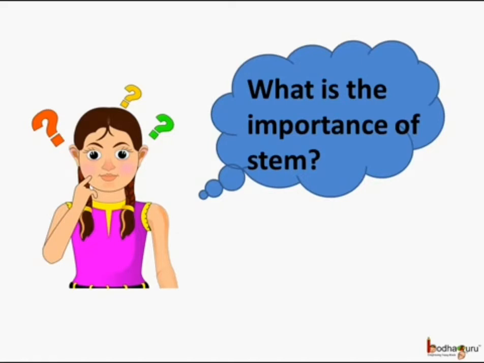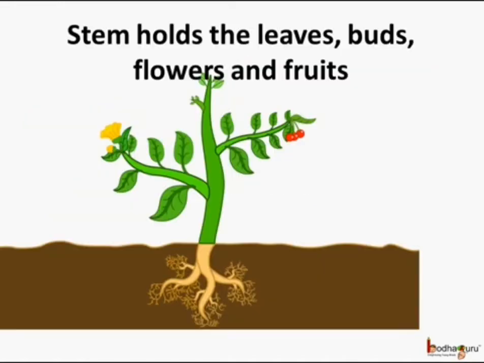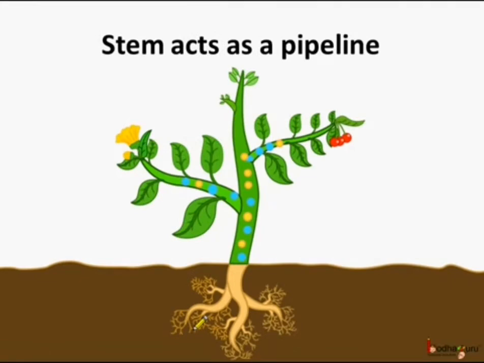So what is the importance of stem? As you can see in the picture, this is the stem, and the stem holds the leaves, buds, flowers, and the fruits. The roots absorb the water and the minerals from the soil, and the stem acts as